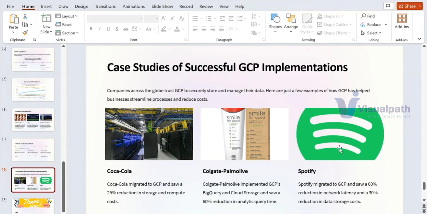So they were previously hosting their application on AWS, and then they migrated it to GCP, and then again they could save more and more cost. Cost reduction was 30%. Maybe I would also suggest you read this blog, right? There's a very good blog out there on Spotify, how GCP has changed their market,